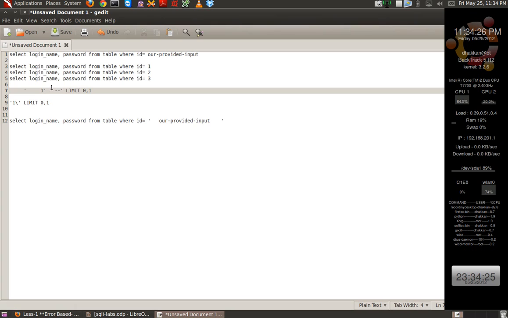Comments can be provided in the form of a double dash, or they can be provided in the form of a hash or a pound sign, and they can be provided in the form of a slash, star, and star slash. So MySQL accepts these three forms,